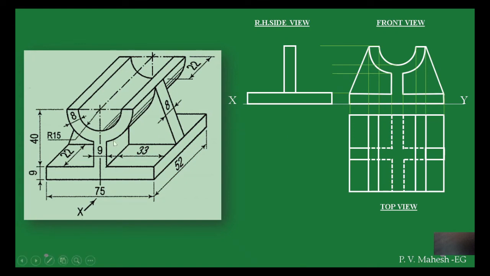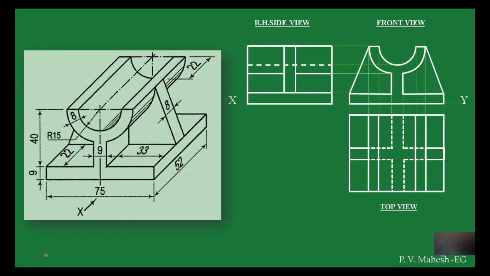Then this curved edge and this vertical edge, similarly the curved edge and vertical edge, will be visible like a rectangle here, like this. Now is there anything else? Here one edge will be visible, here one edge will be visible. Now this internal one, parallel to this you will get a hidden line, so this hidden line will be there. So that's about it. The side view is also completed.